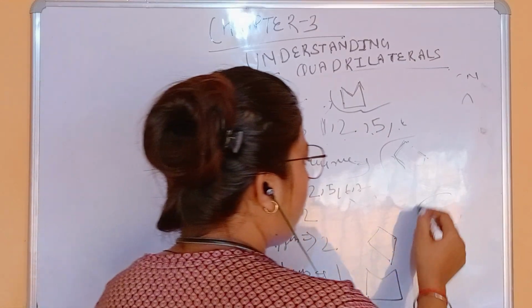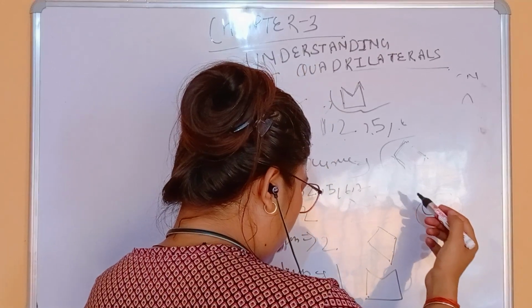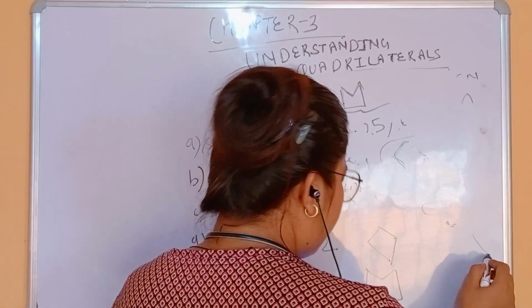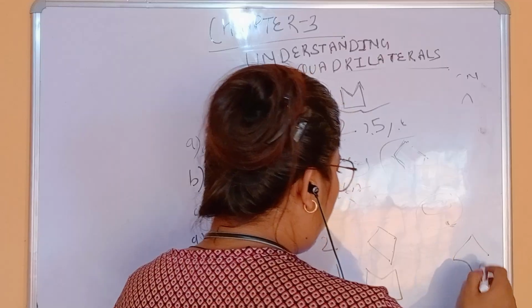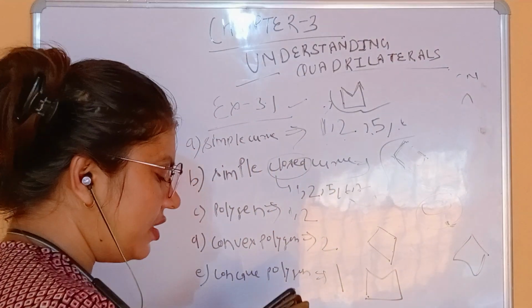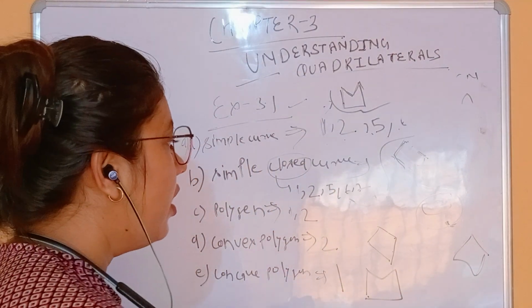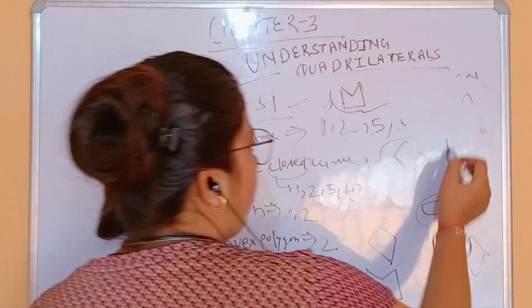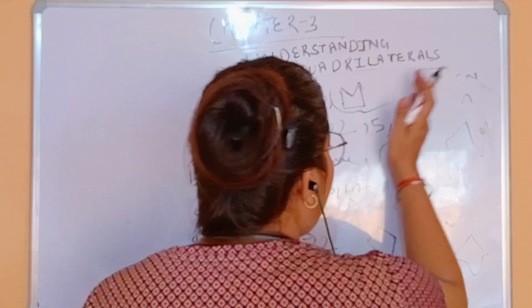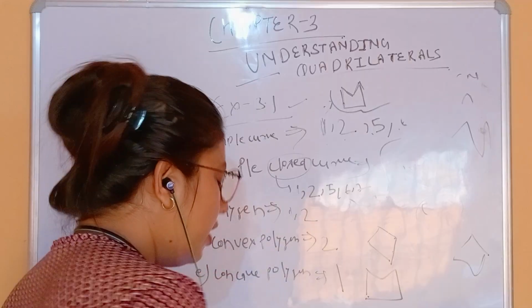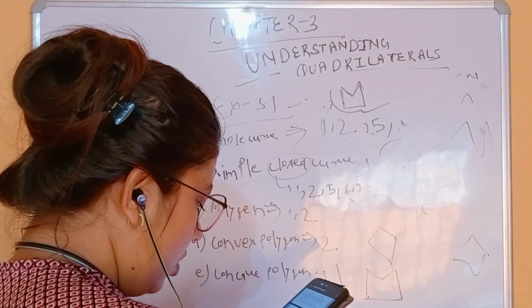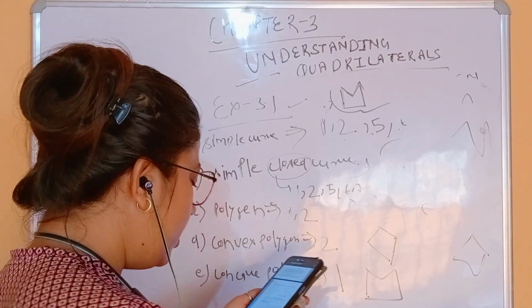A polygon is not in circular form. So the third is not true for polygon. There is no star like that given in your book. So a polygon is not defined as a star or circle. It is defined only with line segments. Everything is given in lines, not in circular form, not in any star form. So the first question is discussed here.